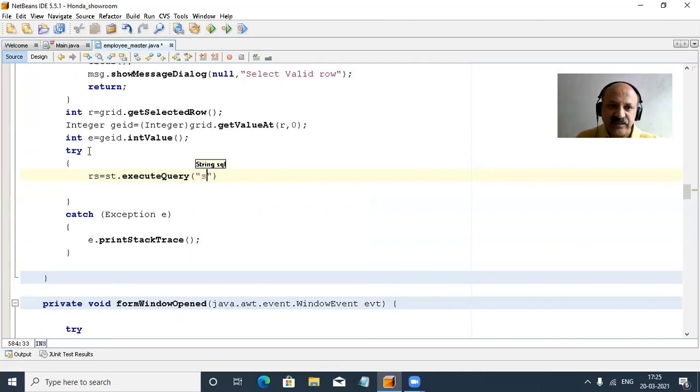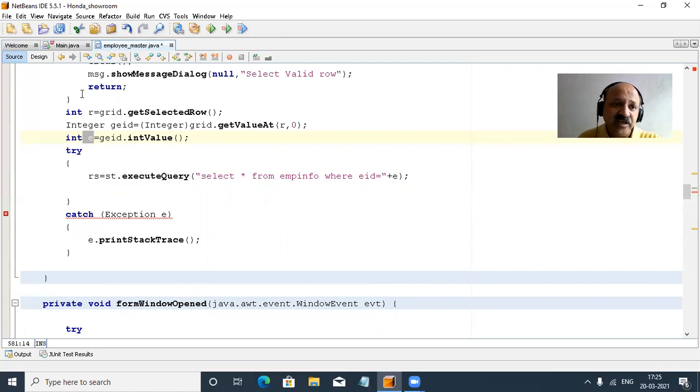So select asterisk from emp info, that is our table name, and we take a where clause, to get the record needed by the user. Where our original column, eid the employee id, equals, and then we concat, and that is E only. Here you can see the E we select from our grid view or JTable.